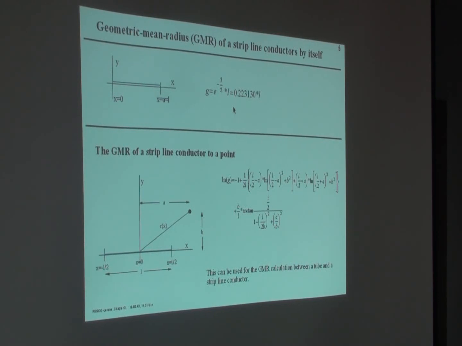And that is ln G A4, A4. So, now I have the self terms, and then I have to calculate A3 to A2, ln G